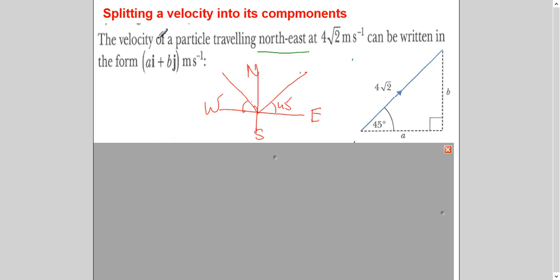So if I have to find out the velocity vector of the velocity which is traveling at this speed and its direction is this, you will resolve it into two parts. This is your velocity and this is the direction of it. You will split it into x direction and into y direction. This will give you i and this will give you j, right? So how will you do it? By applying simple trigonometric function.